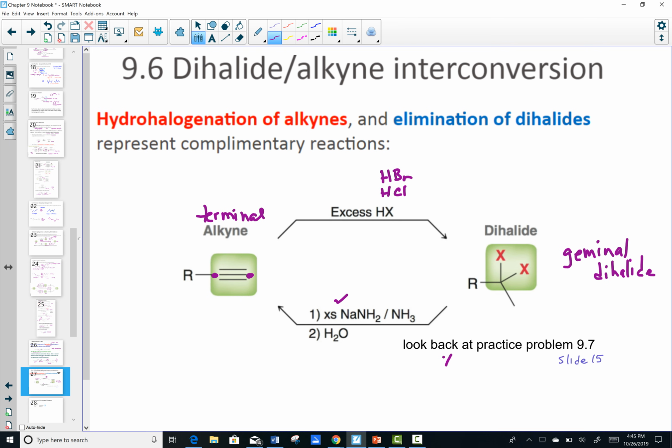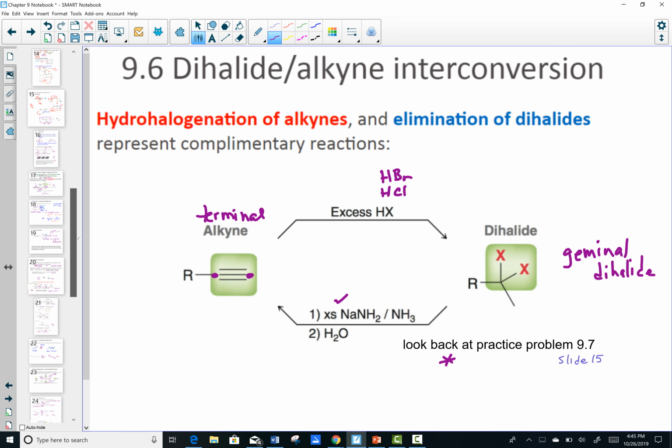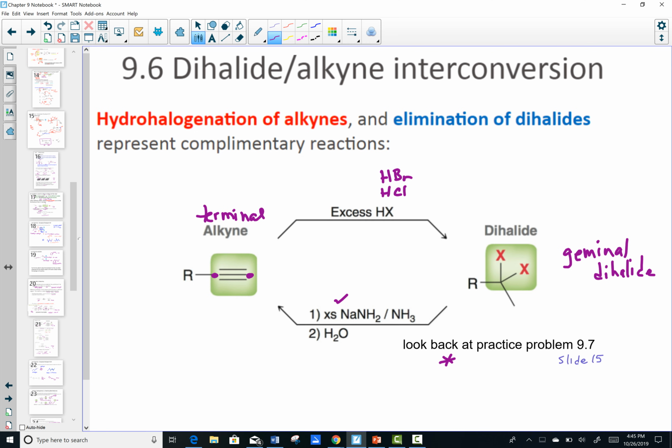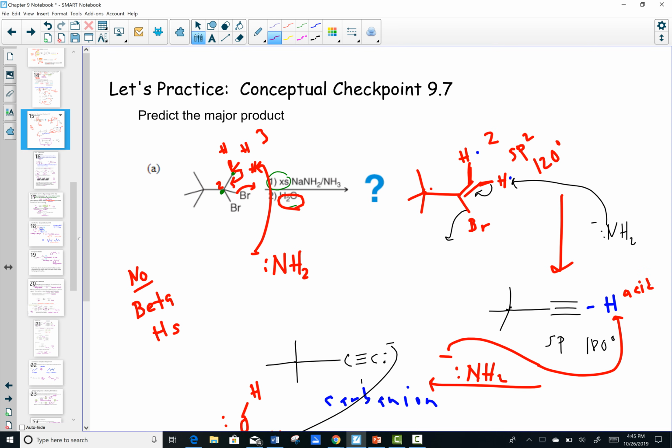I made myself a note here to force you to remind yourself from lesson 1. Back in slide 15, we did a mechanism. That's a busy slide, but we did a mechanism that says if I have a dihalide in the geminal position, just as I'm showing here,